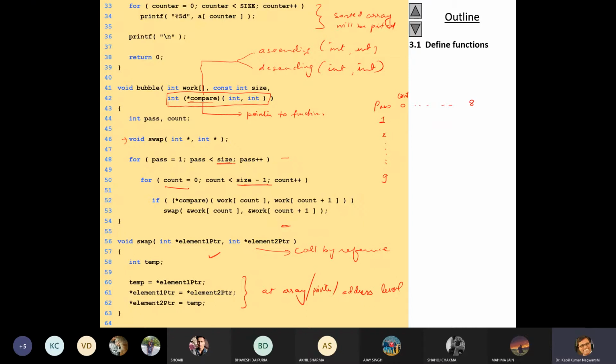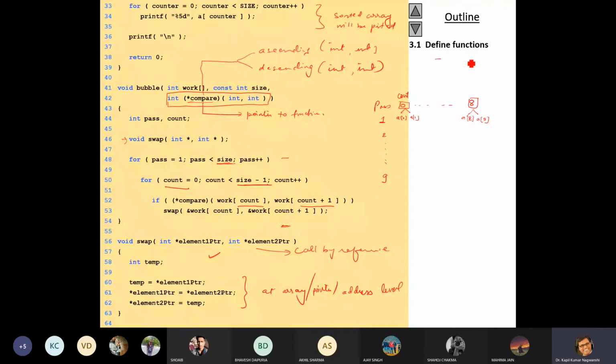And there is another concept. Suppose we start with 0. So what will be compared here? A0 with A1. So in case of the 8th element, what will be compared? A8 with A9.